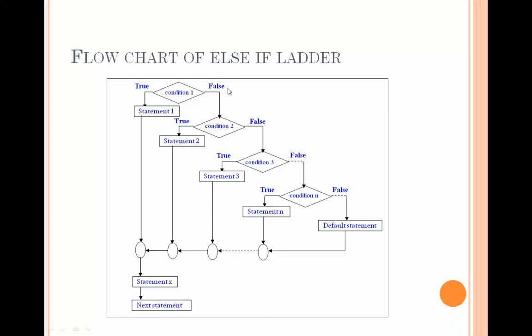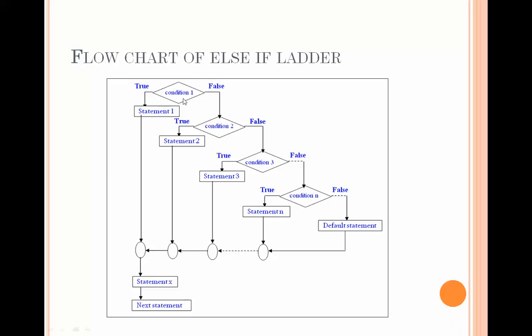If the first condition is false, then obviously it is going to check the next condition, that is condition second. If condition second returns true, then obviously the statements written in this block will be executed, and then it will move on to the other statements and skip all the other else if conditions written next. If condition second is false, it will move on to condition 3, and so on and so forth. So we can have n number of conditions within a program, and that means we can have n number of statements, right?